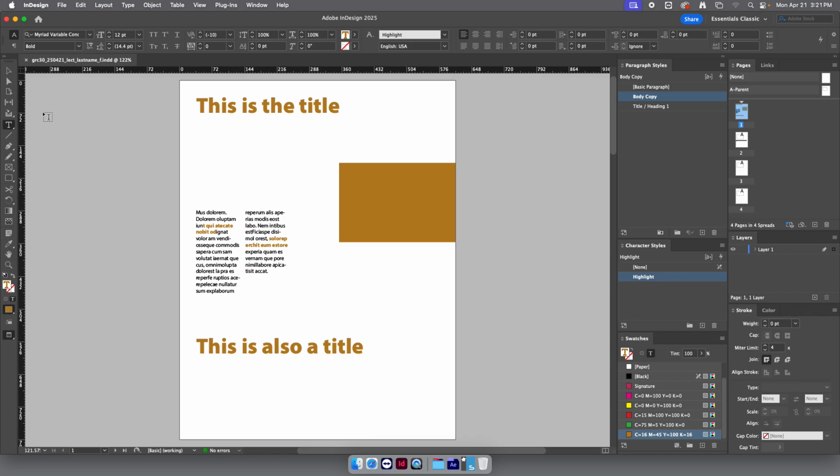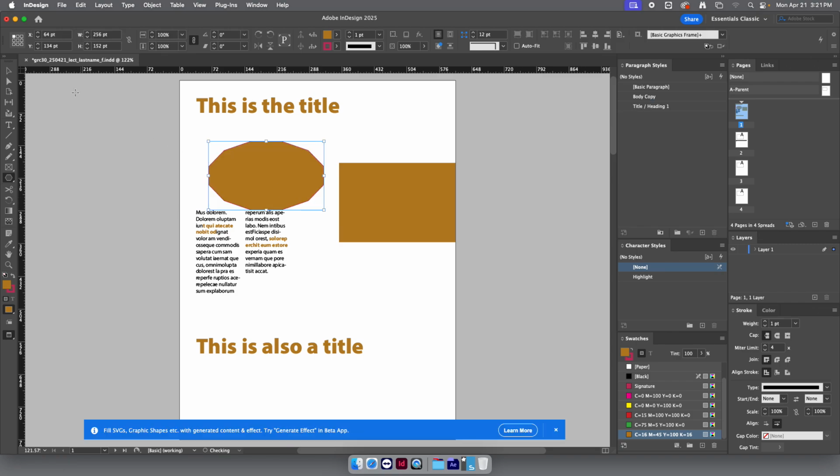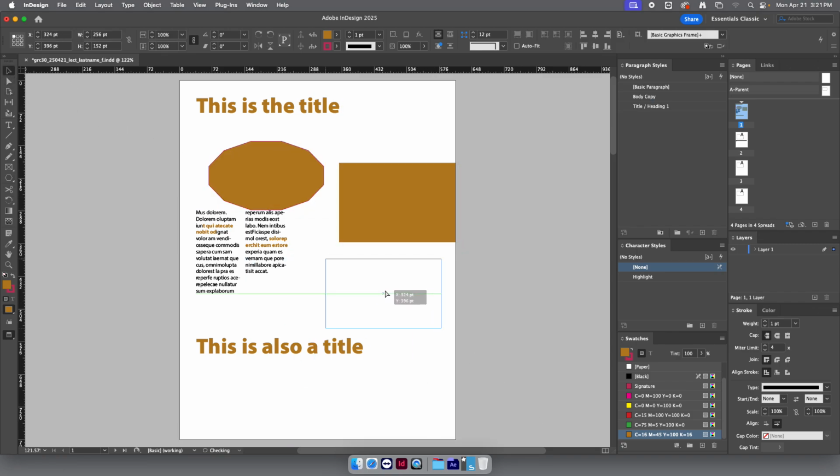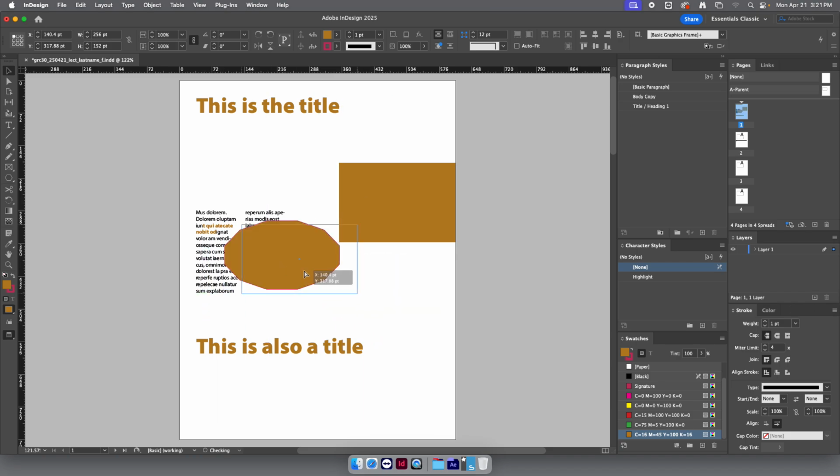All right, let's talk about shapes now. Our shape tool has rectangles, ellipse, and polygons. Any shape that you create can be used as an image frame. I can place an image inside of this frame, which means I can create funky shapes to be used as masks for images. I can also wrap text around shapes. So if I have a shape in the midst of all of this text here,